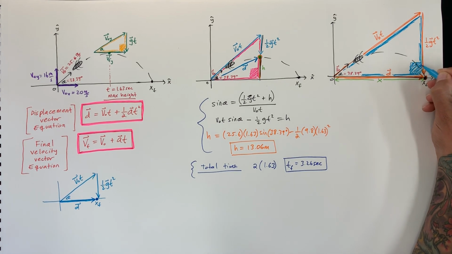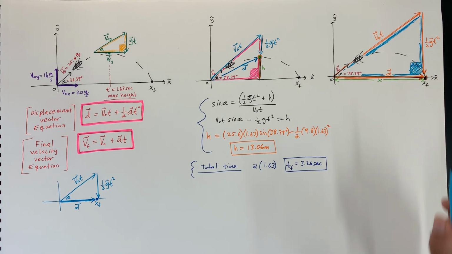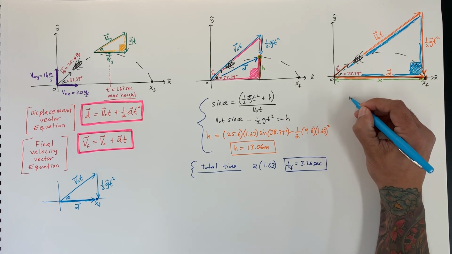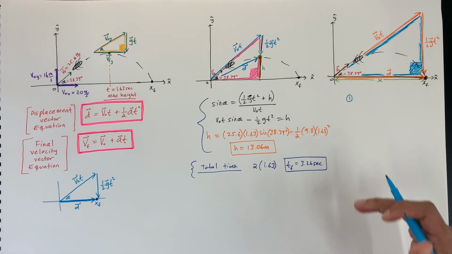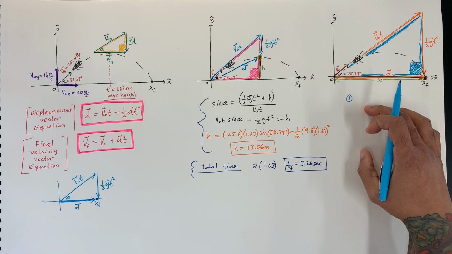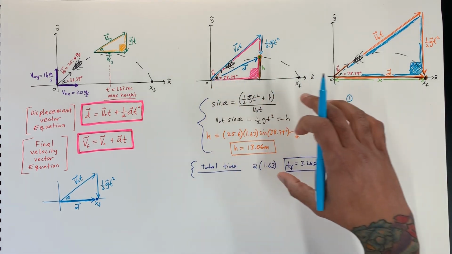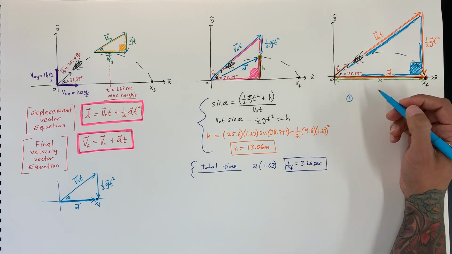That's very important. You always want to make sure that that's a 90-degree angle. And so I'm going to show you one way here to solve this, and then I'm going to show you the second way. So the first way, let's do the way I like to do it with my vector triangles